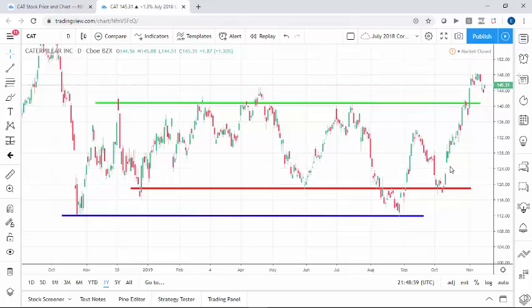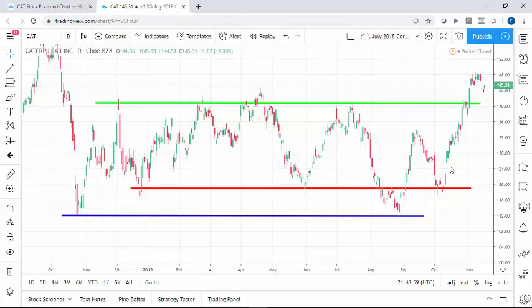So you see that we recently moved higher than the previous resistance, which was this green line up at about $140.50. You've got some support down in, we'll call it, the 118 range, and then of course two big